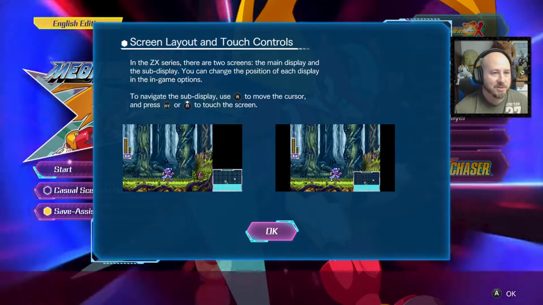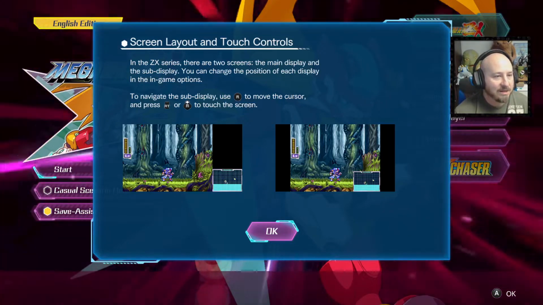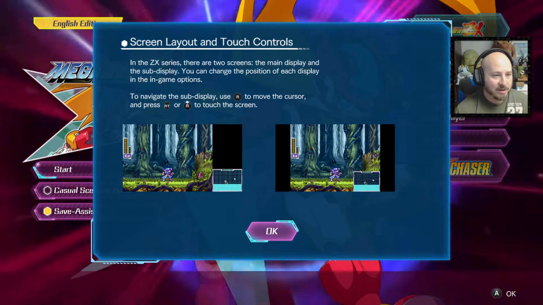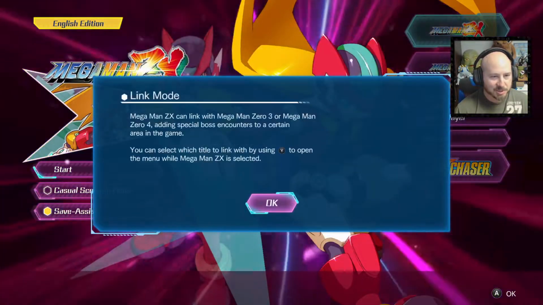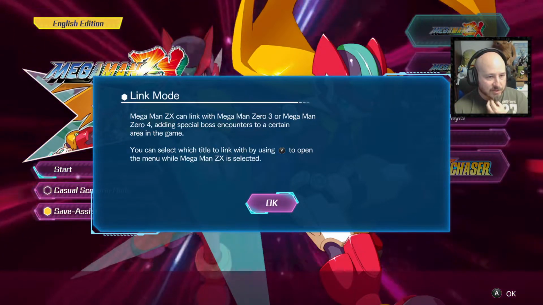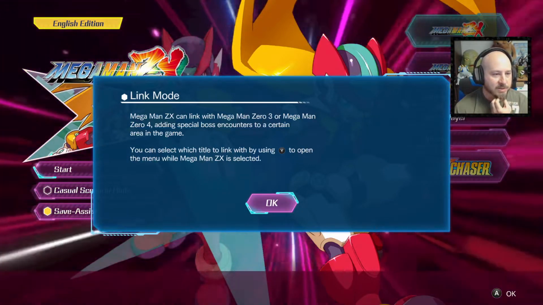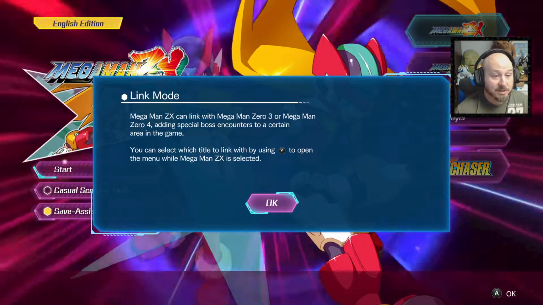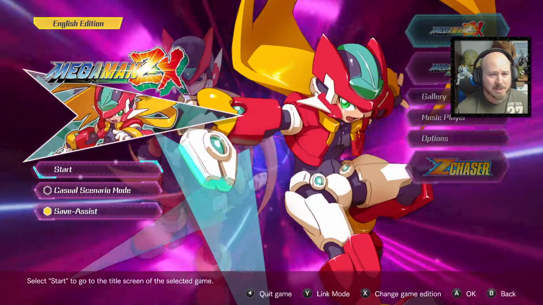In the ZX series, there are 2 screens, the main display and the sub-display. You can change the position of each display in the in-game options. To navigate the sub-display, use the R to move the cursor, press RT to touch the screen. Mega Man ZX can link with Mega Man 03 or 4, adding special boss encounters to a certain area in the game. You can select which title to link with, using Y to open the menu and select the...